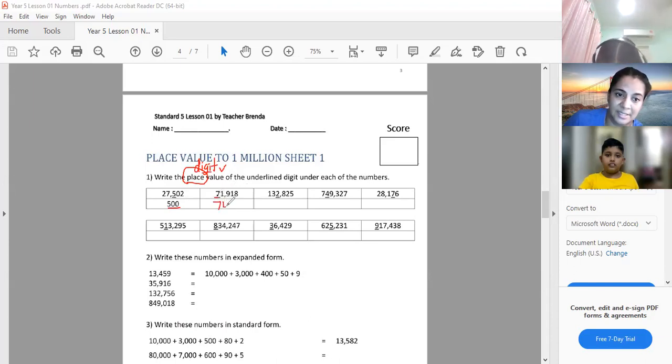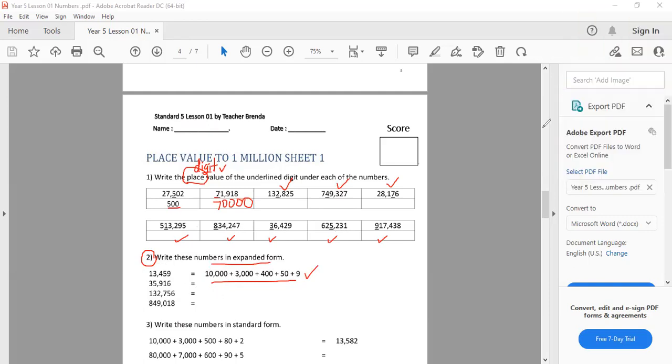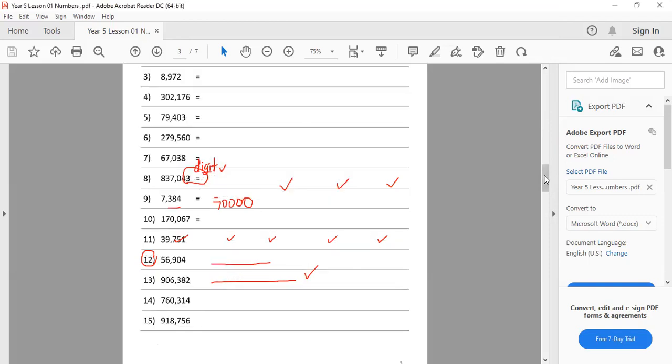This 7 is 70,000. Do you understand? Okay, you go on to do all the rest, and I will ask you to answer or to put into chat. Okay. And then number 2 goes on to, again, expand it into digit value like this, just like what you have done earlier. Number 3 requires you to